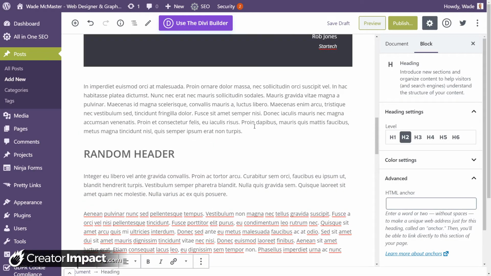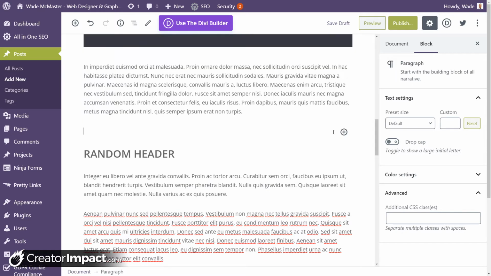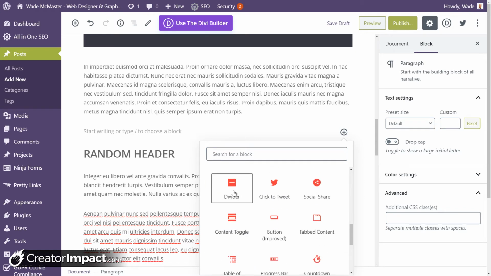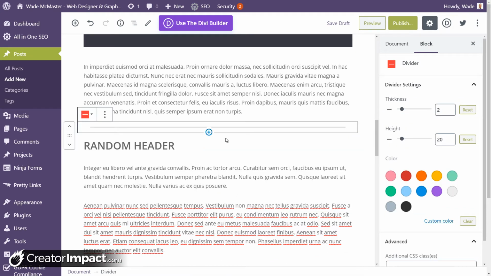I'm going to actually go above the random header, and we're going to add one in up here. So go to our Ultimate Blocks. Divider. Nothing special here, I'm imagining, but there are a few more controls here than in the other divider, the standard